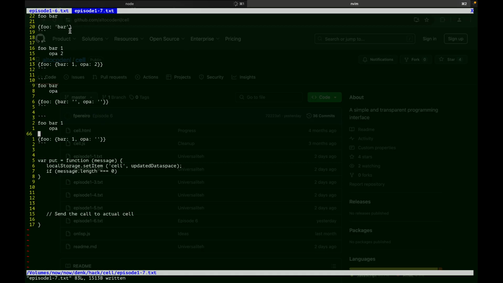When an element of a path, and I sometimes call these sequences of things a path, like foo bar one, when an element of a path that is a text points to just one value, and that's the last one, that will be considered like text in JavaScript. But when it points to two, those two are considered keys of either a hash or a list, depending on whether they are numbers or text.